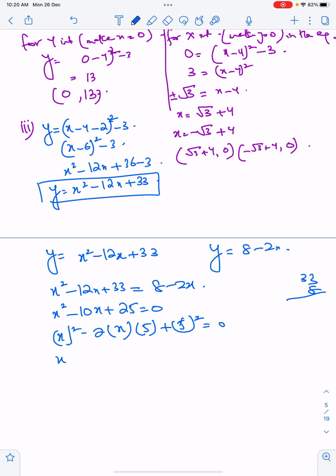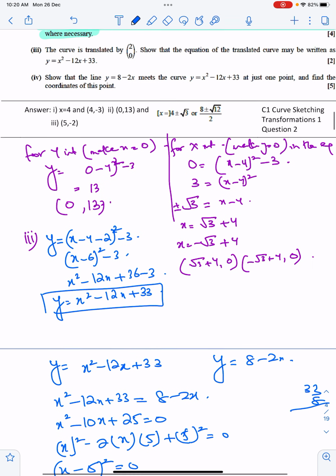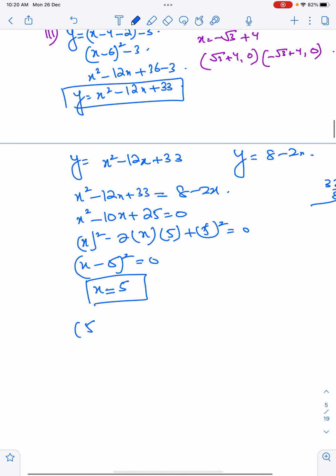That means it is going to give me x minus 5 the whole square. So, x equals 5. We are getting just one value of x, that means the curve is going to meet the line at only one point. Coordinates of this point is going to be 5 comma